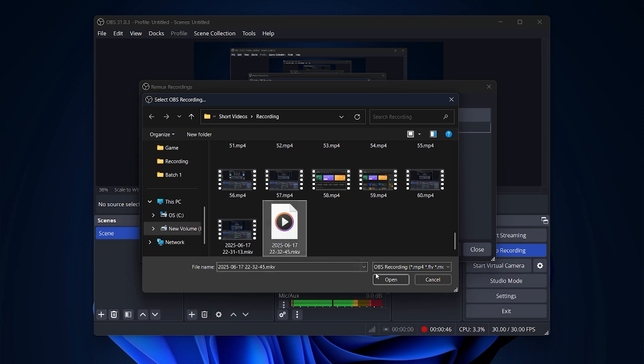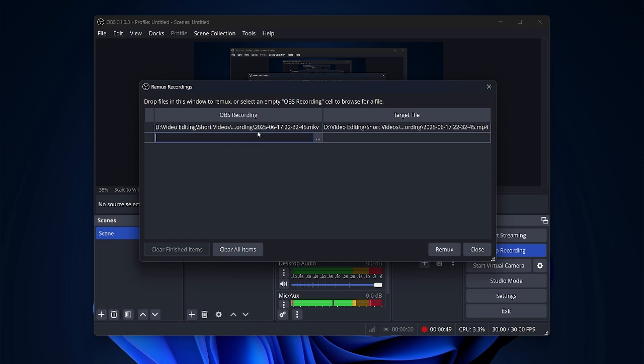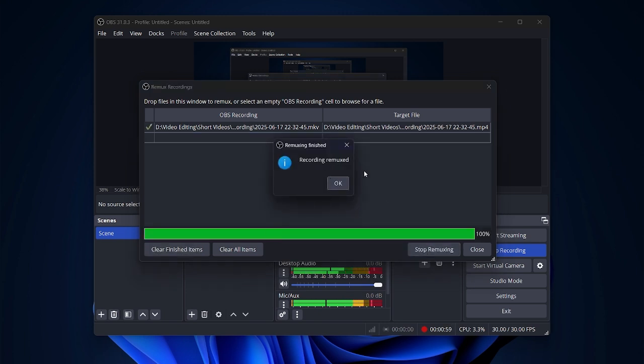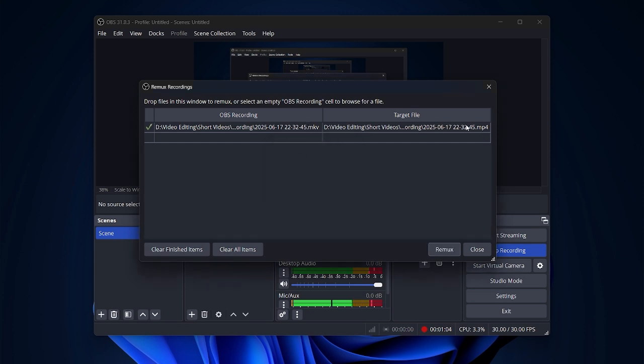Premiere. For example, if I open this one, now here you're going to see this video has been listed over here. You can import multiple videos as well. They can also be compiled at once. Now, once you do that, just hit Remux, and now you can see that the mkv file has been converted to an mp4 file. Now you can browse it to the same folder and try importing the new file, and all your problems have